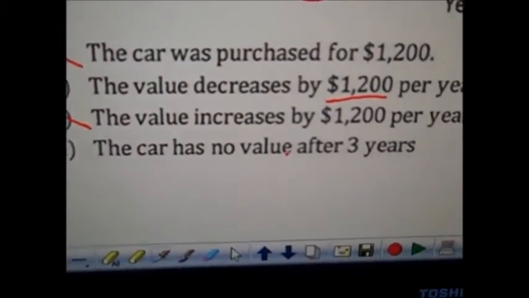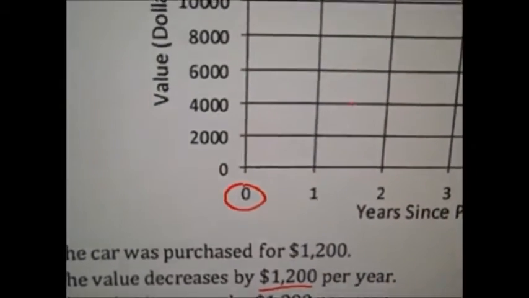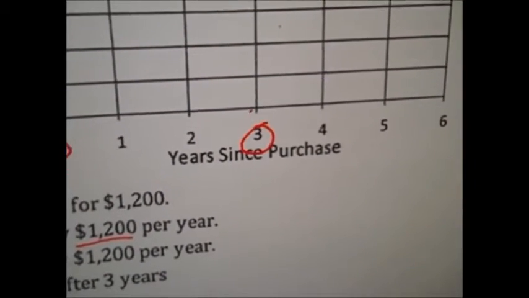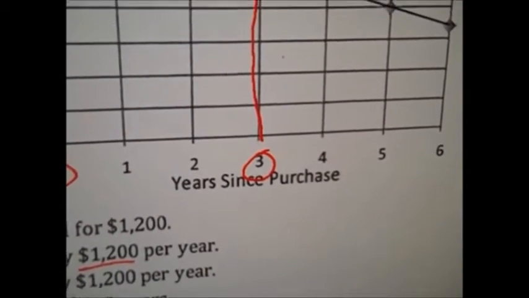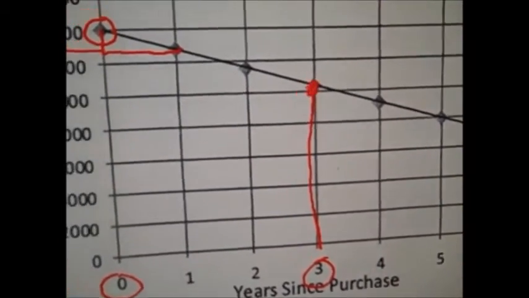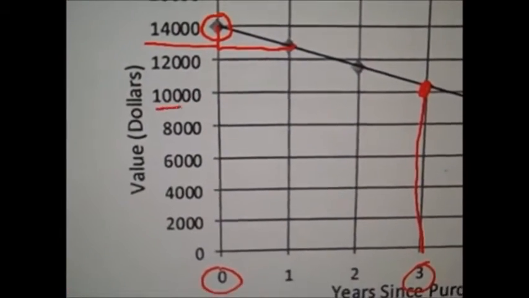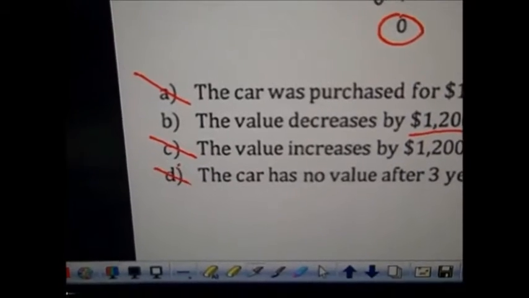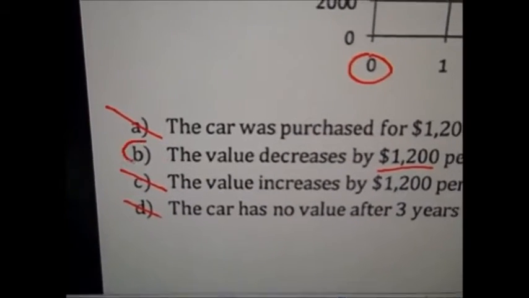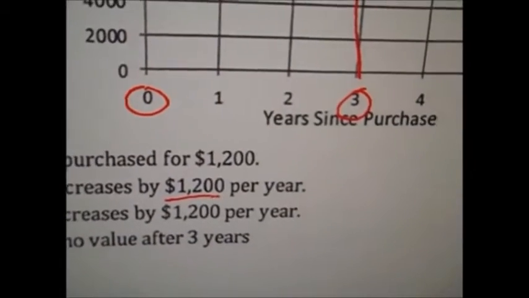The car has no value after 3 years. Go to year 3, which is here, and go up to the line, see where its value is. Here, the value is at 10,000, so it does have value. That is not correct, which leaves the only correct one to be B, and it should go down 1,200 per